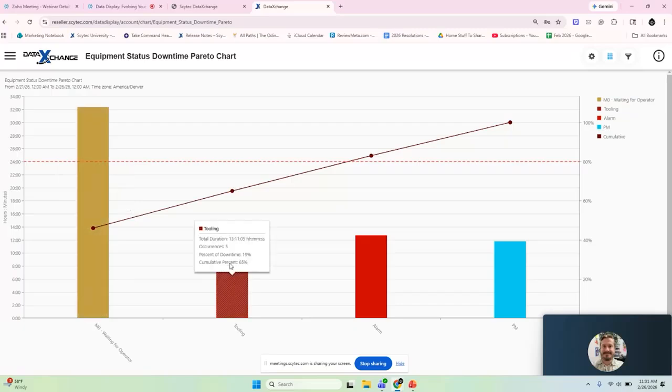Next up, we have tooling, which has 5 different occurrences, taking up a total of 13 hours of available time, accounting for 19% of your total downtime. Going down the list, we also have alarms and then preventative maintenance. So what this downtime Pareto chart shows you, to sum it up, is what the biggest issues are, and if you go after these issues,